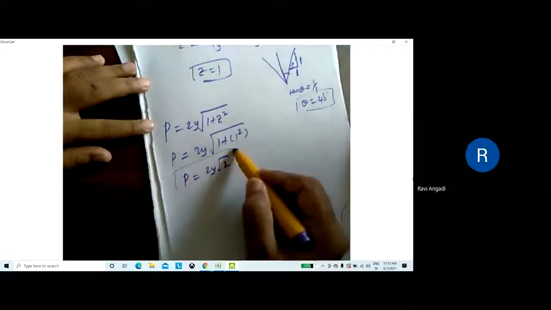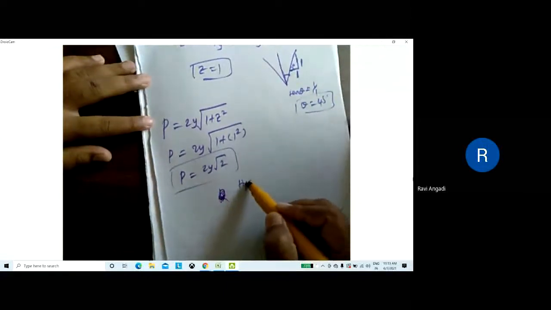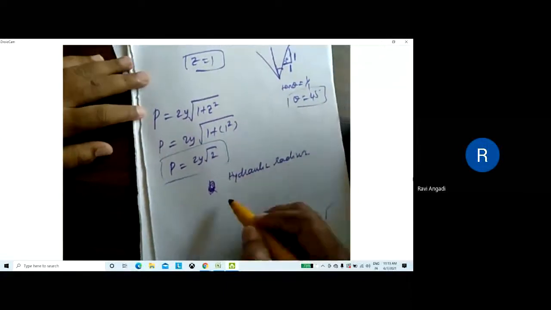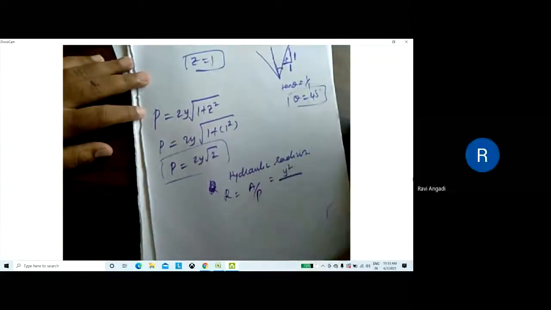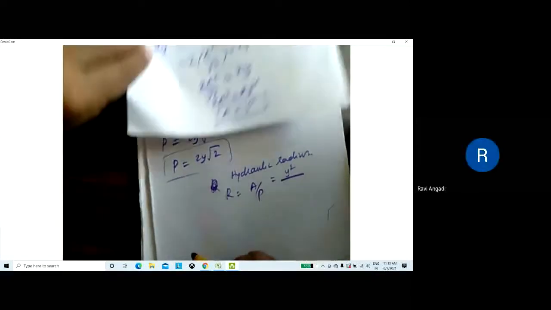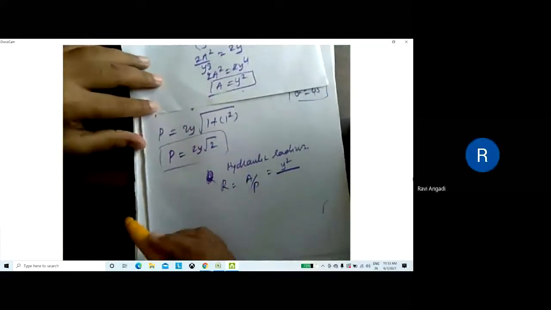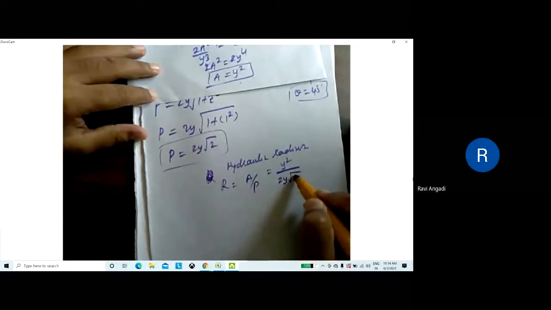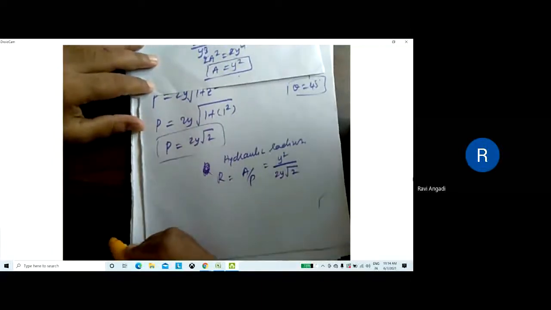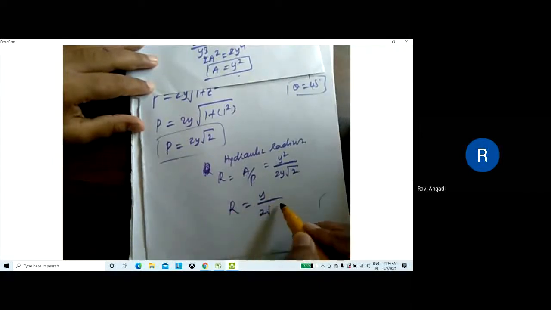Okay, this is wetted perimeter. But what is hydraulic radius? Formula, hydraulic radius R equal to what? A divided by P. What is A? Is it y square? Already calculated, y square. Then what is the perimeter? Is it 2y root 2? Yes, sir. Then what is R you get? This is y divided by 2 root 2.